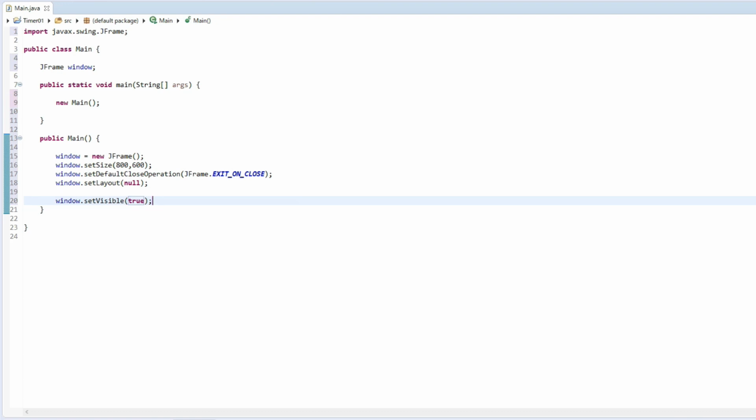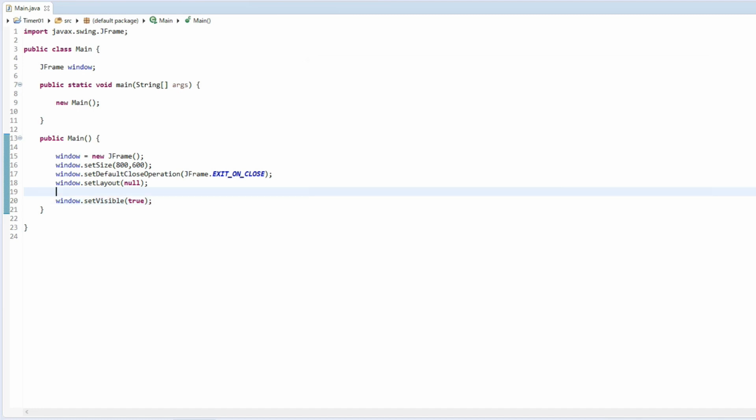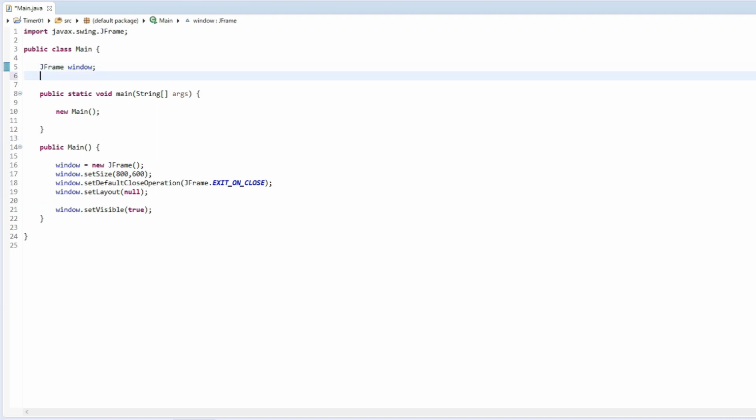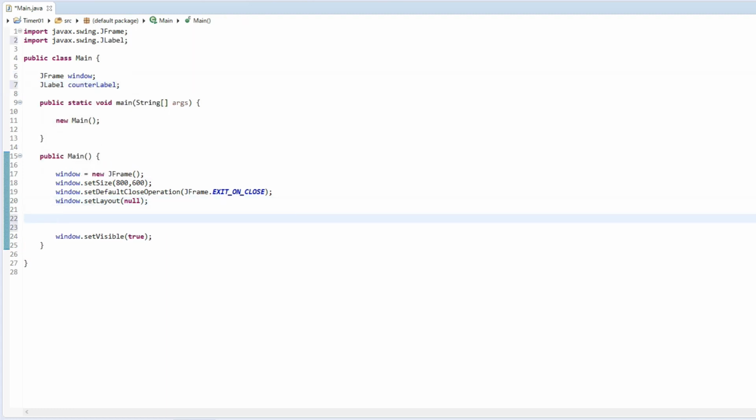Let's check this. Okay, so we created this window, 800 pixels by 600 pixels. Next, we're going to use the JLabel class. I'm going to name this counter label and import it. After the window creation, we're going to initialize this JLabel, counter label,